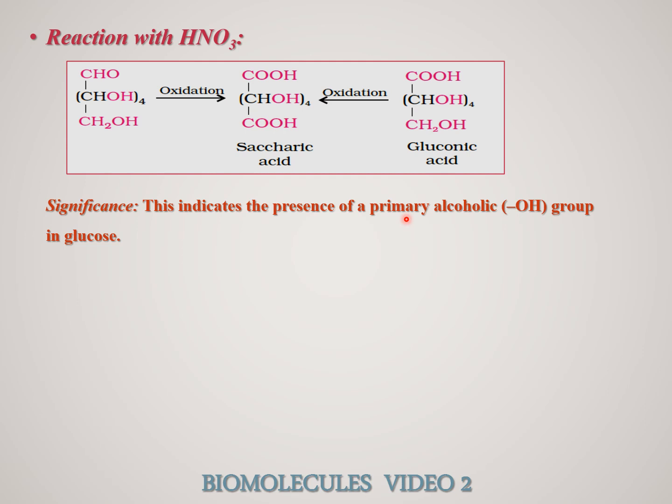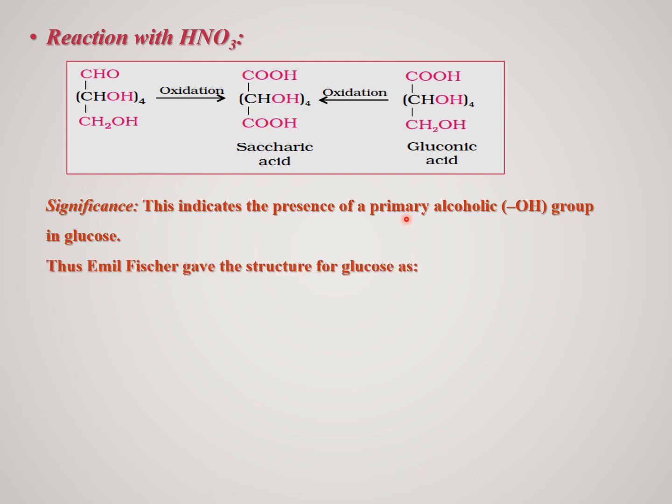So now we have all this information with regard to the straight chain of carbon atoms in glucose, the presence of the aldehyde functional group, the presence of 5 alcoholic groups, and the presence of a primary functional group. With all this information available, Emil Fischer, a very eminent scientist, gave the open chain structure